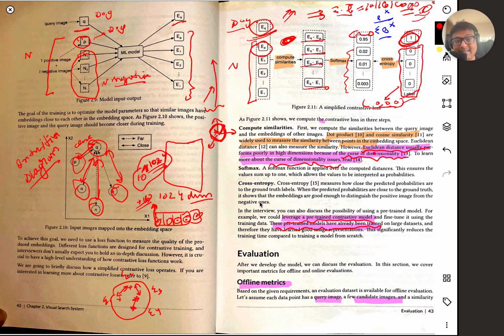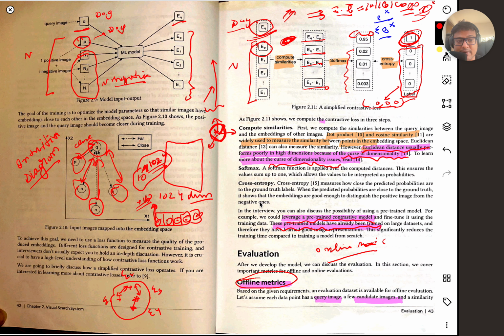Okay, so let's say we described the data set, we described the model, which is a CNN, we described how you will train it, which is as a contrastive learning objective, and we discussed how you can get data, which is manual user labels, or you rely on unsupervised learning, where the input image is rotated. Let's say you manage to train this model, how will you actually evaluate it? There are two types of metrics. One is called an offline metric and one is called an online metric. So what does this mean? It means that just before